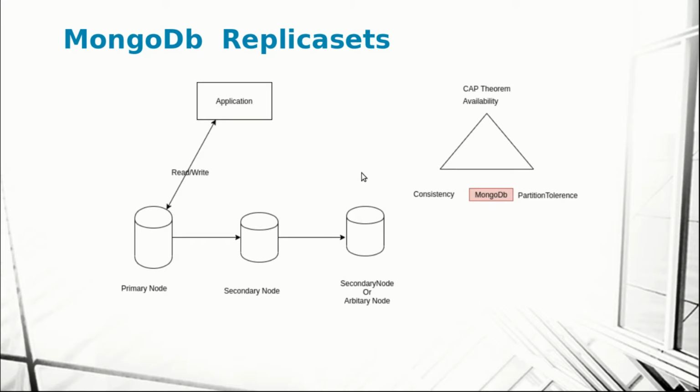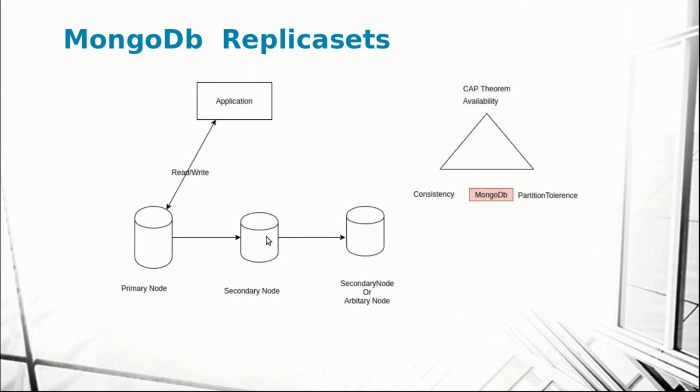Right now, let's consider the CAP theorem. So in the CAP theorem, you have availability, consistency, and partition tolerance, and you can achieve only 2 of these in a given environment. Okay, so simply because MongoDB reads and writes are happening to the same primary node, right? MongoDB is in the consistency and partition tolerance bracket. Okay, so MongoDB gives consistency and partition tolerance in accordance with CAP theorem.